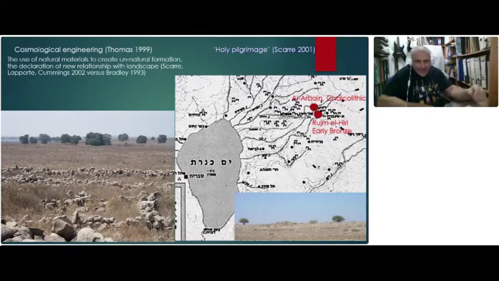About holy pilgrimage, we can see that Rujm el-Hiri is located very close to an earlier site called el-Arba'in. While Rujm el-Hiri can be dated to the Early Bronze, el-Arba'in is a bit earlier and can be dated to the Late Chalcolithic period. We can see the site here in this picture, and we can reconstruct a ceremony in which people that come to conduct cultic ceremonies in Rujm el-Hiri move through and walk by the site of el-Arba'in,